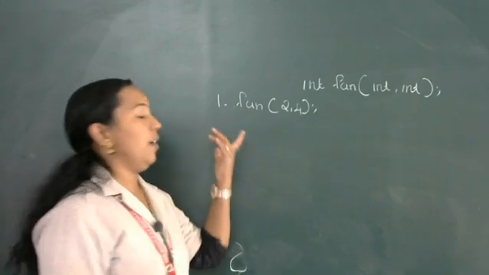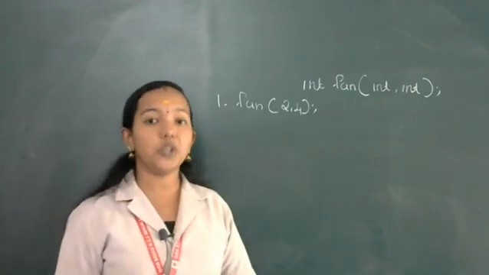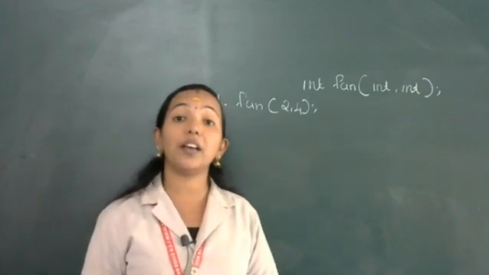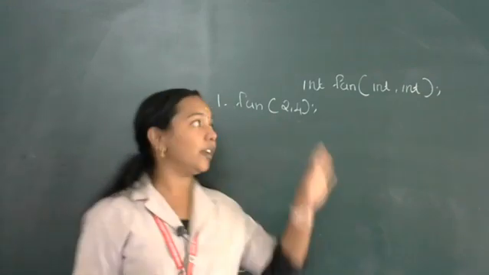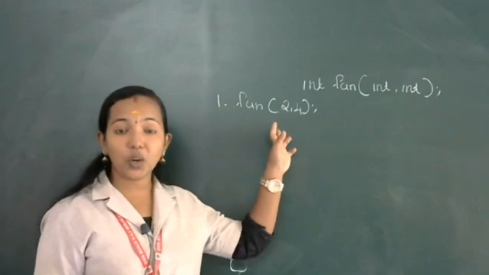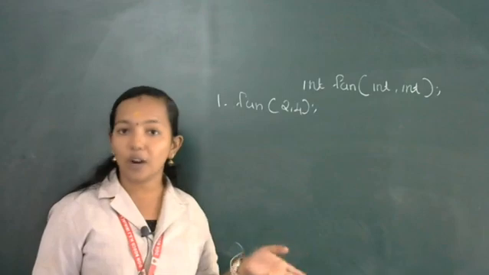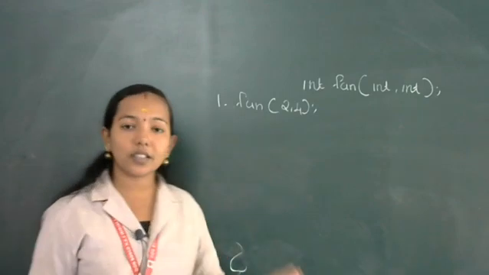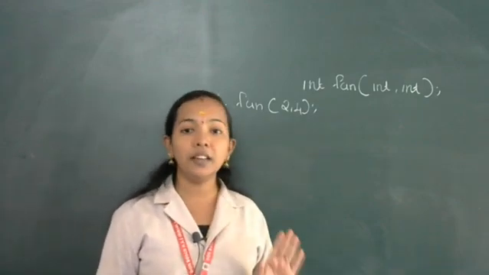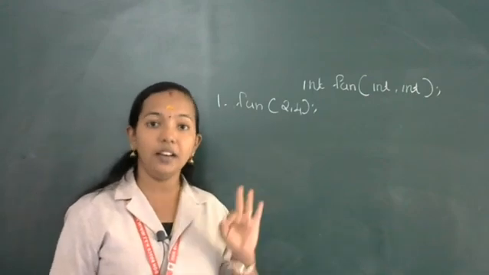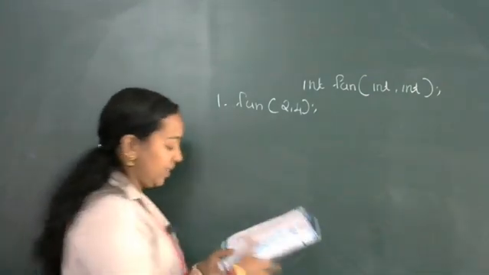That means the function returns an integer value. So you want to store that integer value into a particular variable. Otherwise, you can write this function call statement along with the cout statement. Both the cases are not present. So that's why this is an invalid function call. Okay, this is an invalid function call. Then, second one,